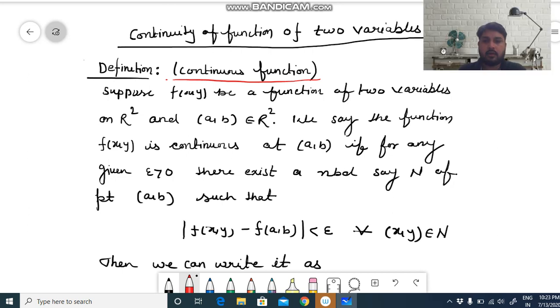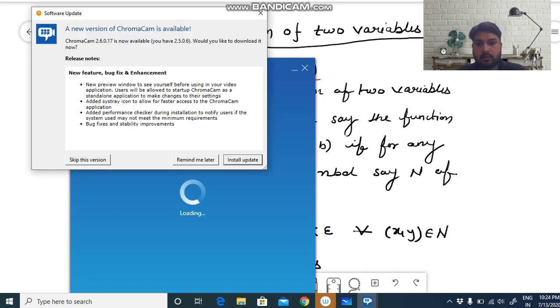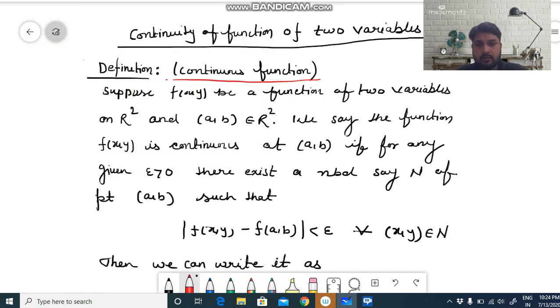Hello student. Today we will discuss the continuity of function of two variables. Before starting this topic, I would like to give you the definition of a continuous function in terms of function of two variables. So suppose we have f(x,y), a function of two variables